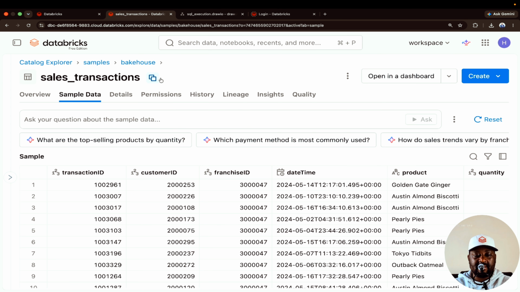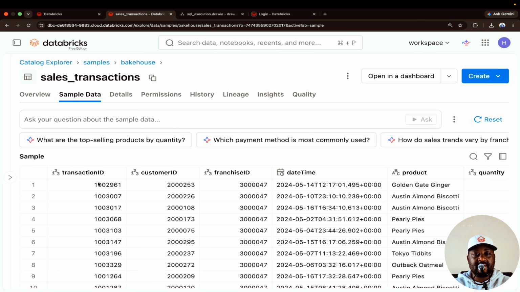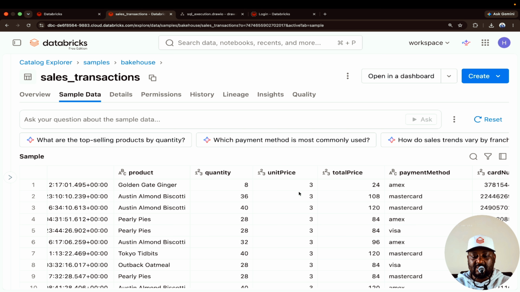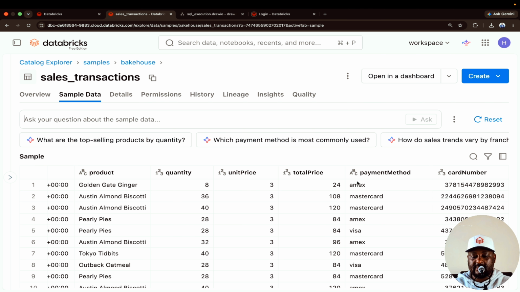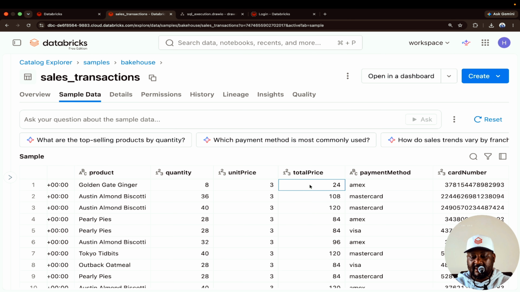All right, let's take a look at a table provided by Databricks free edition, which is big house, right? And if you take a look at this table, it has the details of transactions, right? Transaction ID, customer ID, franchise, date, product, quantity, unit price, total price, payment method, card number, right? This is like sales that have happened, or transactions that happened and have been captured. This is dummy data, so don't be worried about it. This is just dummy data so that Databricks can help us learn how to use